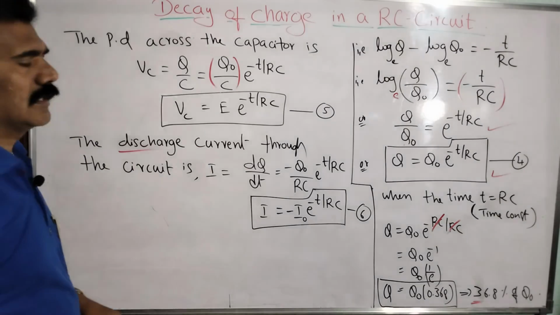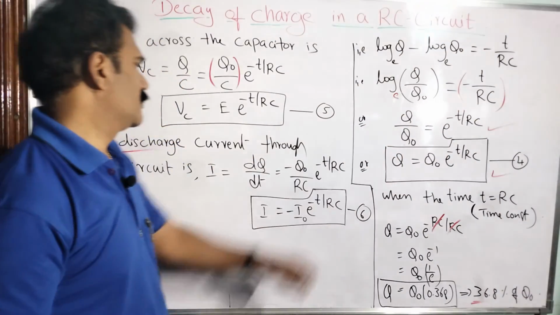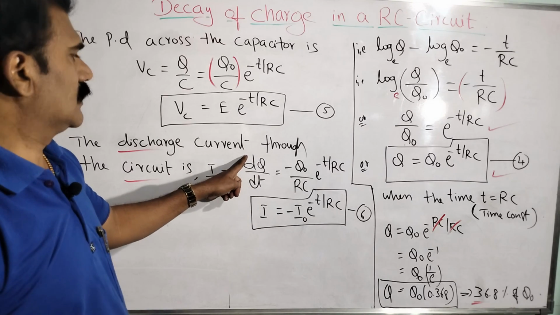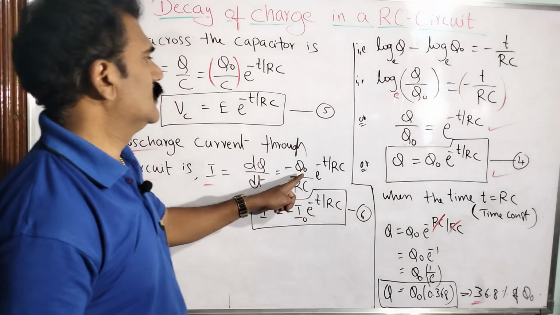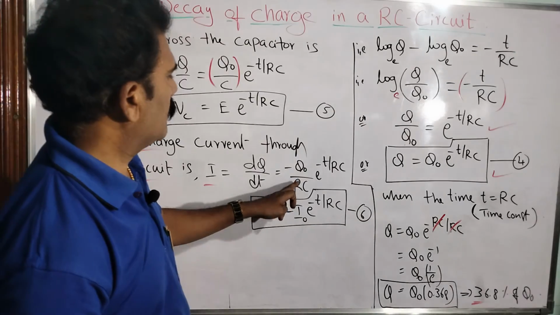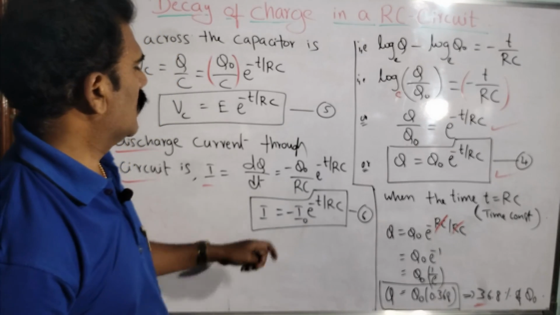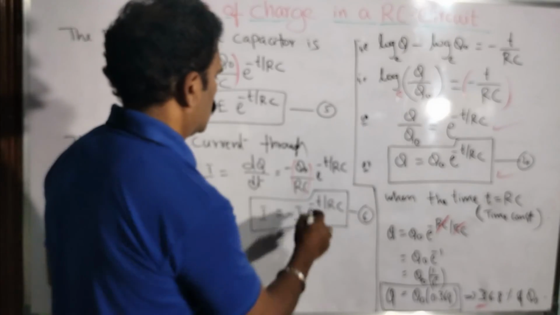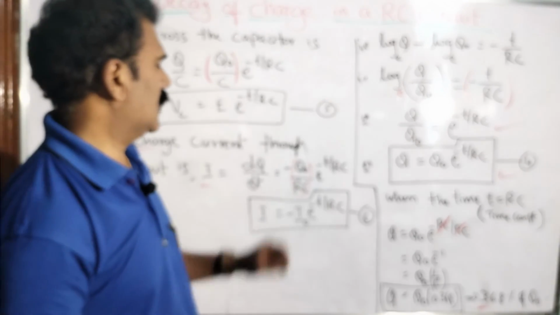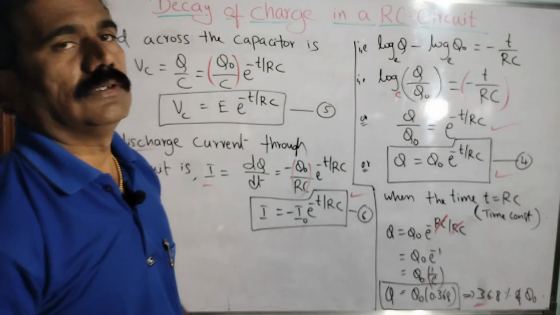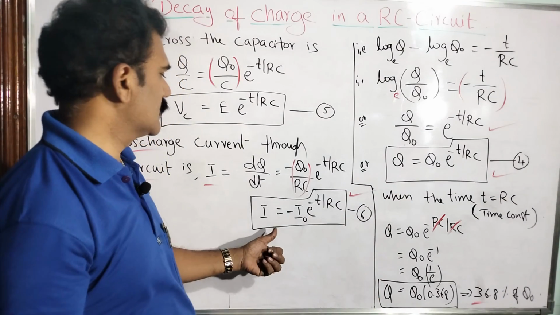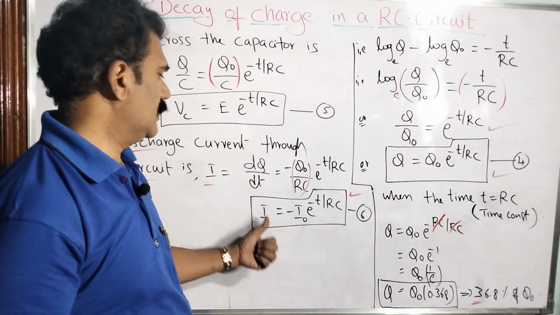And then the discharging current can also be calculated from the same equation 4, because the discharging current through the circuit is I equal to the rate of change of charge, dq by dt. Substitute Q as Q naught into e to the power of minus t by RC and differentiate the equation. Here Q naught by RC is equal to I naught, the maximum charge gives the maximum current. So I equals I naught e to the power of minus t by RC is equation 6 for the current here. Actually, as the charge decreases, the current increases, and that exponentially increasing current is given by this equation.